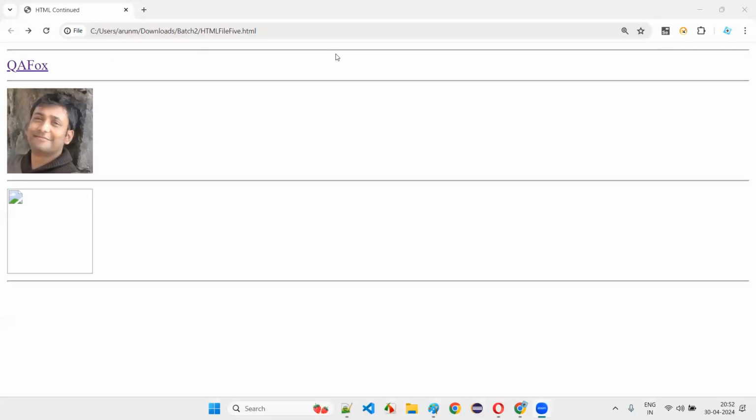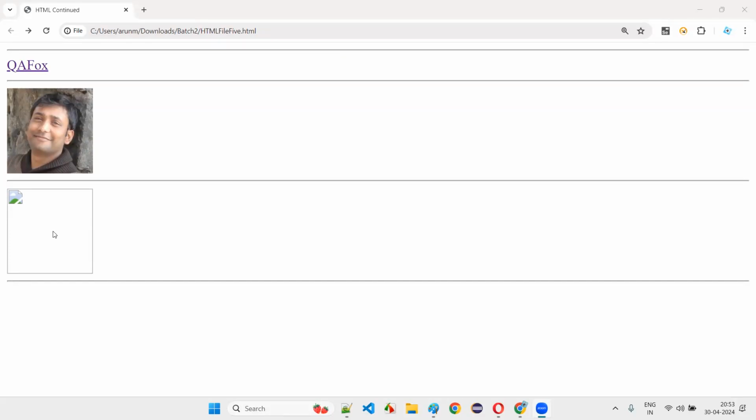So sometimes what happens is, even though you give the proper path of the image and all, due to some network issues or sometimes due to some corrupted images, or it may be any reason, it may be wrong path, corrupted images, network issues, it can be anything. Sometimes the image will not be displayed on the web page. Loading issue or whatever it is, images will not be displayed on the web page.